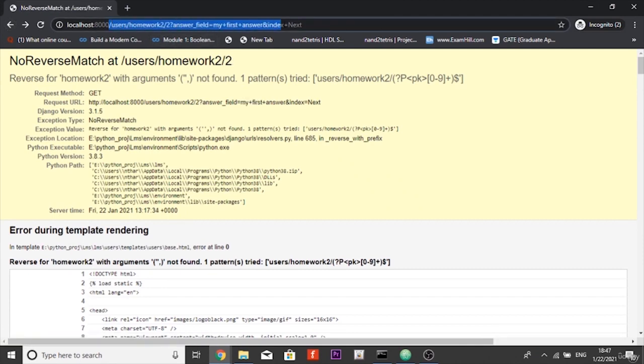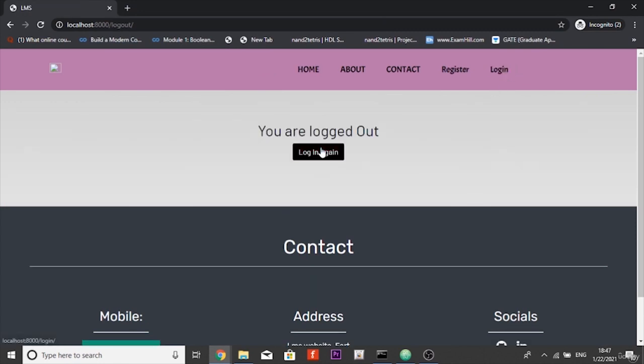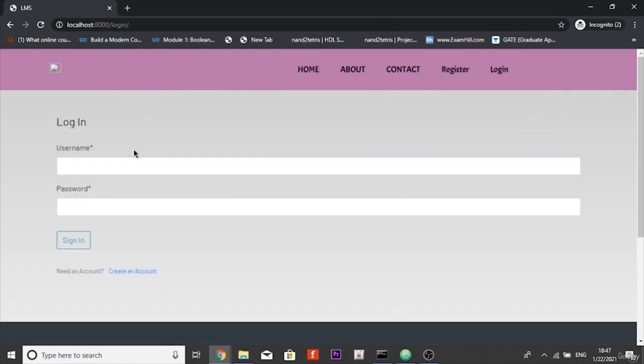It's because I am logged in as the staff here, and I'm trying to access that. Okay, so now I'm going to log in as the student, and